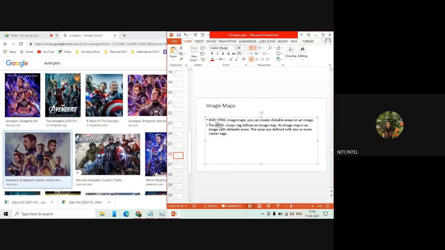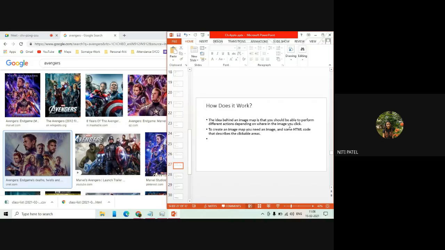An image map is an image with clickable areas, and the areas are defined with one or more area tags. So remember, जब भी आपको image map concept use करना है, you have to make use of two tags. One is a map tag and another is an area tag. Let us see how we work with this. The idea behind the image map is that you should be able to perform different actions depending on where in the image you click.